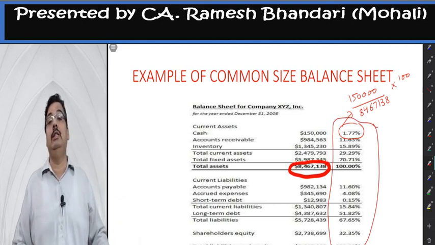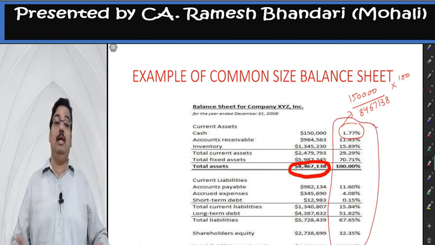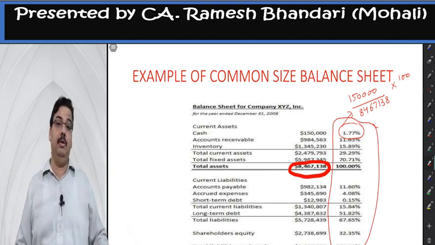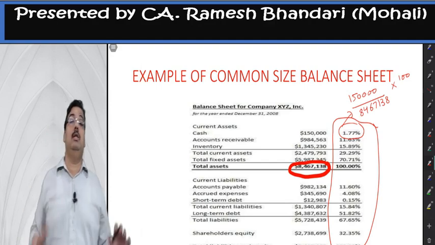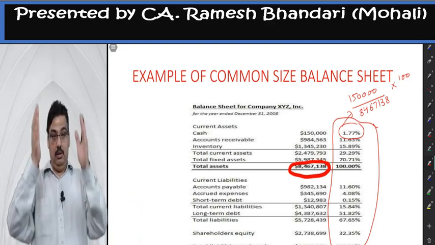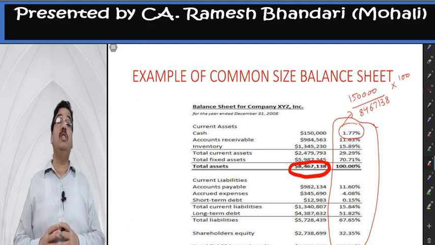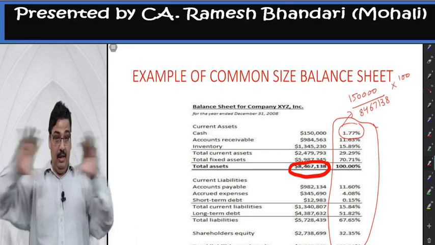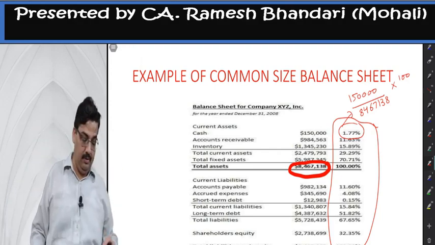It is basically a comparative common size statement. It is the common size balance sheet. Earlier was the common size income statement. I hope this is clear. This is vertical analysis. Vertical goes like this. Next is horizontal analysis. It goes like this. Compute percentages on a horizontal basis. That is the next one.